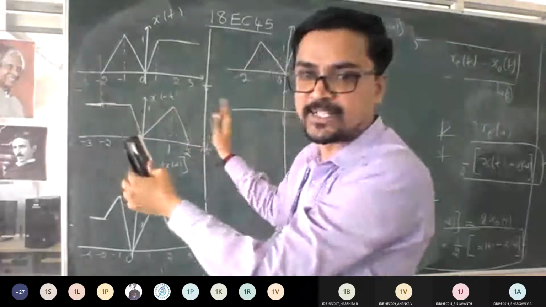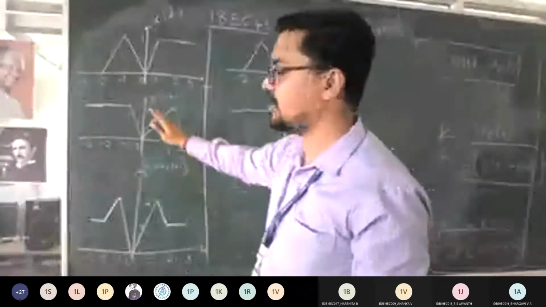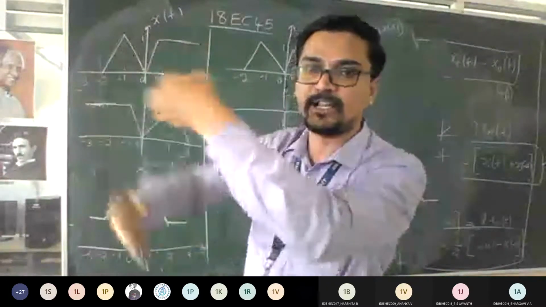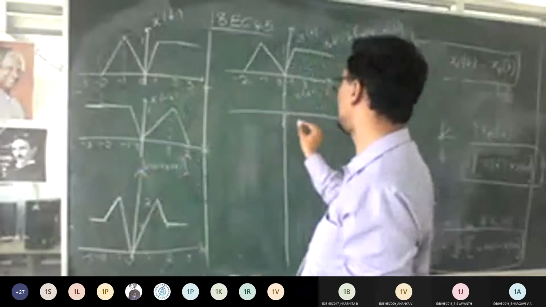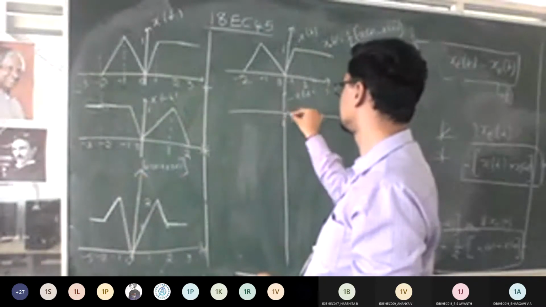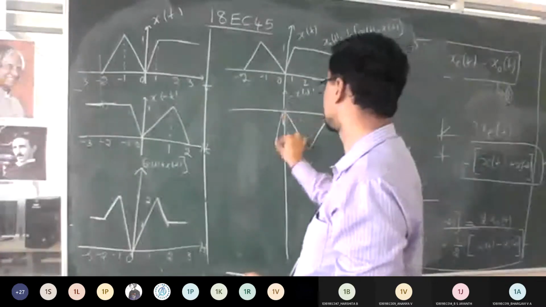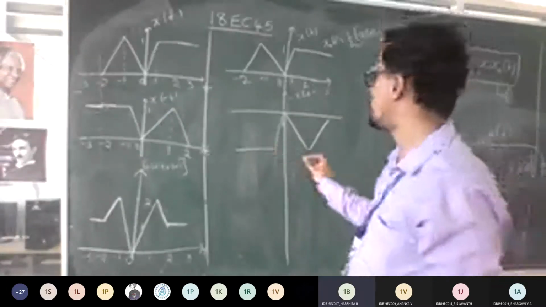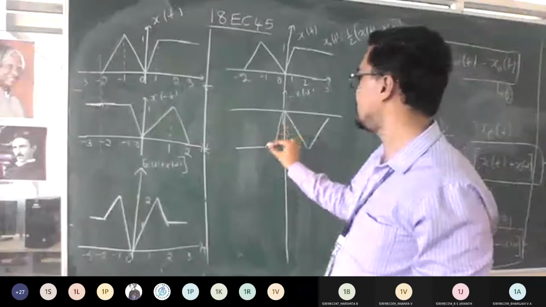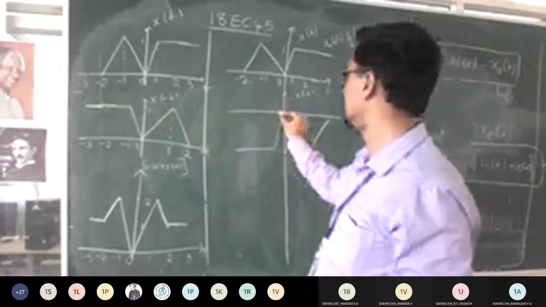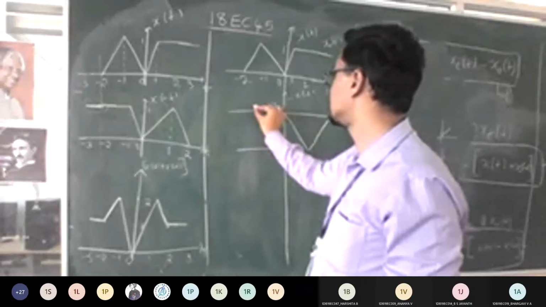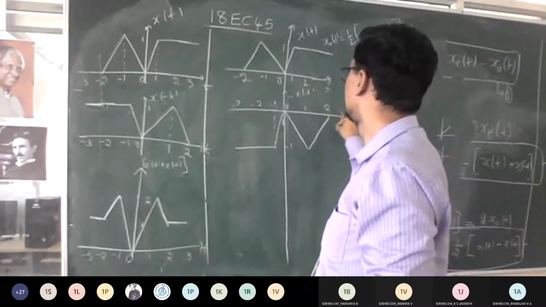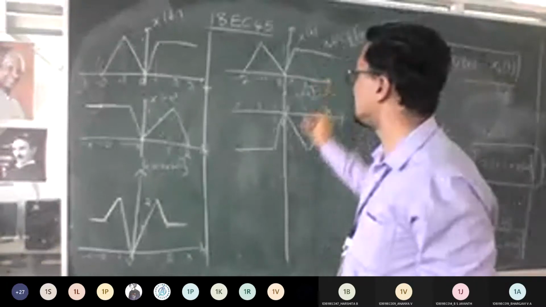So this is x of minus t, you already know. That's why I told you to write side by side. It will be helpful for you. Now I need to replicate the negative of this. I am folding the things. So if you fold it, how does it look? Is it like this? Is it how it looks, guys? Yes, sir. So this amplitude becomes -1 and here everything remains the same. So this is -1, this is -2 and -3, and this is 0, 1, 2. So this is your minus x of minus t.